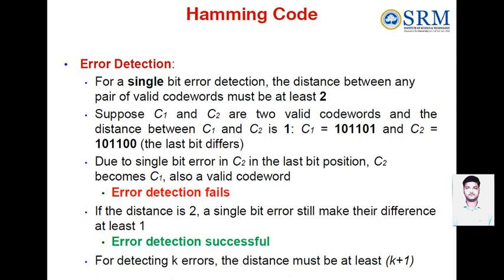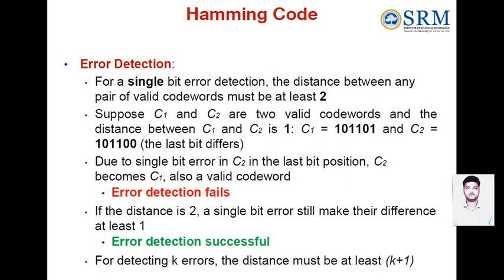So for a single bit error, the distance should not be less than 2. If the distance between them is 2, then a single bit error will change one bit position, and another bit is still different from a valid keyword. Okay? It will never be a valid keyword then, because one bit is changed,